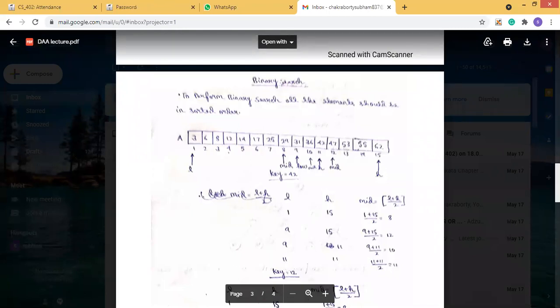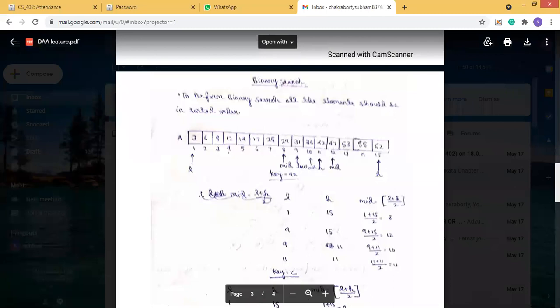We will start the topic of binary search. In the previous class, we have seen the divide and conquer approach. In divide and conquer, if the problem is small, then we can directly solve it.